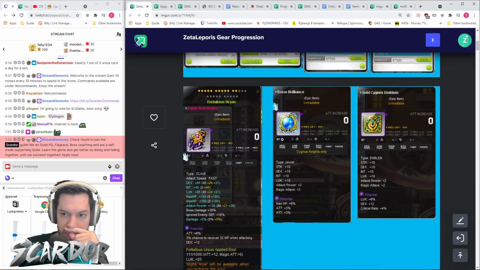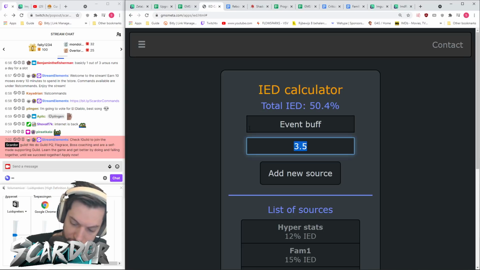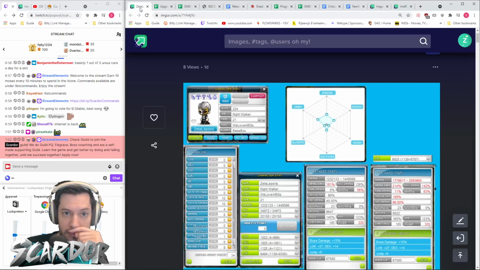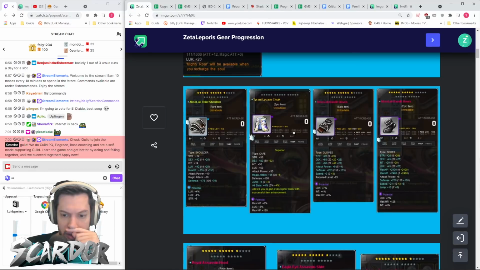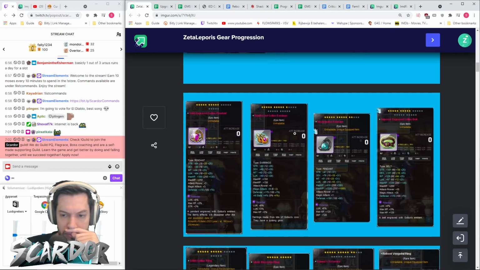bit trickier to get. Oh, and you had 10% from the current event, right? Yes, 10% from the event. Mm-hmm. Alright, so we're getting closer. No, I think that's the number because you said it rounds up, or...